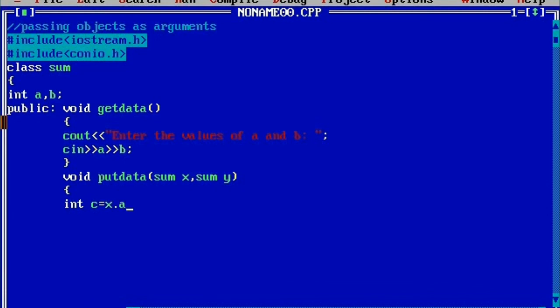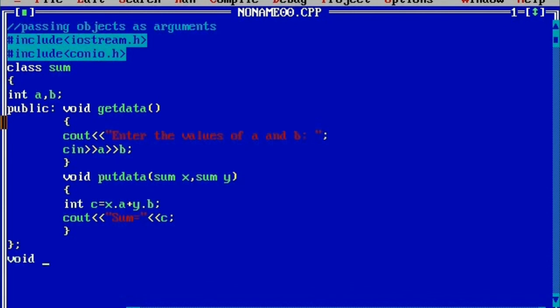With the help of object it is possible for us to access the members of the class with the dot operator, plus y.b semicolon. Then we'll write cout, in double quotation mark I'll write sum is equal to, here we'll write the value stored in c. Next we'll go for terminating the class definition.